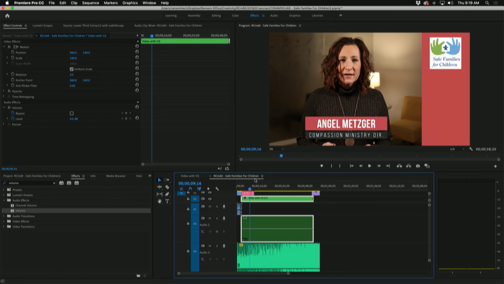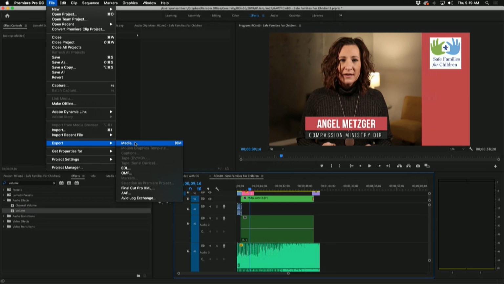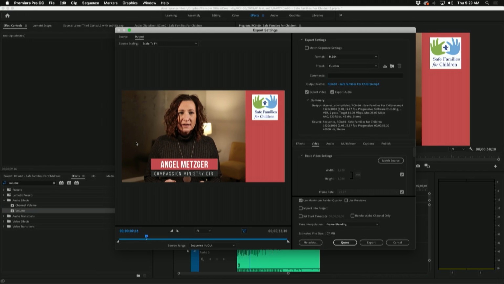So what I'm going to do then, go back to your main project, click so you're just deselected, but make sure it's in here. So then this, you can see it's highlighted in here, the blue. So it's got this pane, you might say, selected. Go to File, Export, Media. There's a couple ways you can do this. First way is the